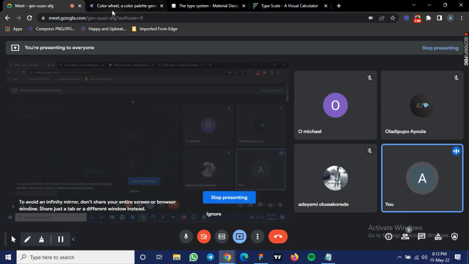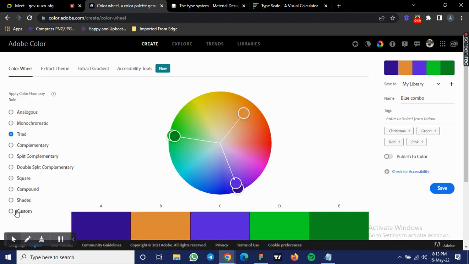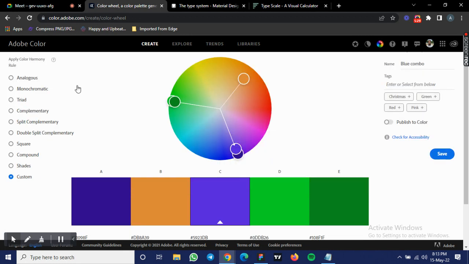So depending on how you're able to pick colors. Yeah. And you don't have to use all the five colors. You're not obliged to use. But these are just ranges that they are giving you. Understand? So you can pick from here, or you can also create a custom palette depending on you. Yes. So this Adobe Color is very, very useful in the sense that you can, let's say